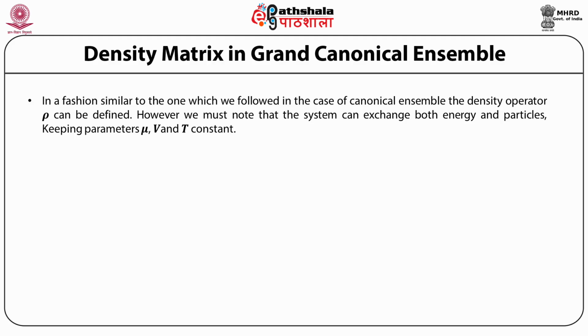However, we must note that the system can exchange both energy and particles, keeping the parameters μ, the chemical potential, V, the volume, and T, the temperature, constant, so that the probability of the state E_R is e^(−β(E_R − μN_R)) divided by Σ_R e^(−β(E_R − μN_R)) = e^(−β(E_R − μN_R)) divided by the partition function Z,